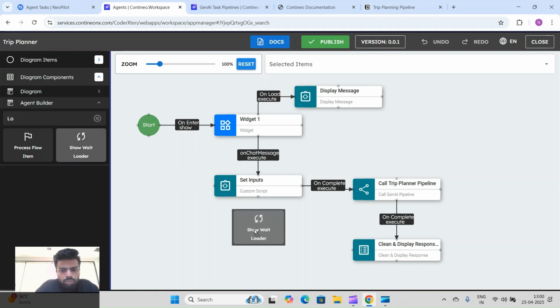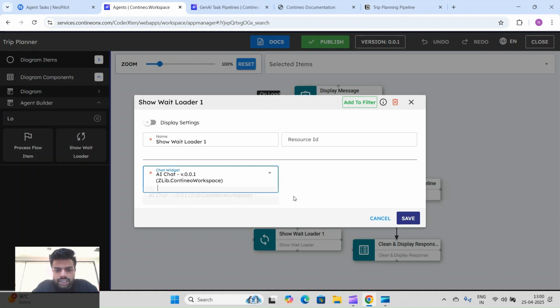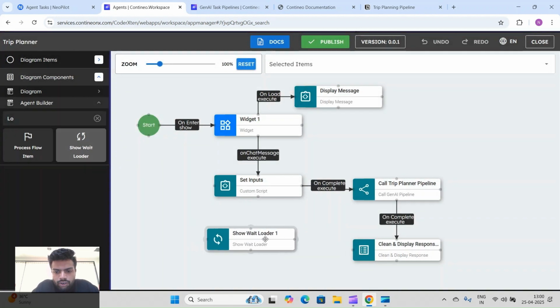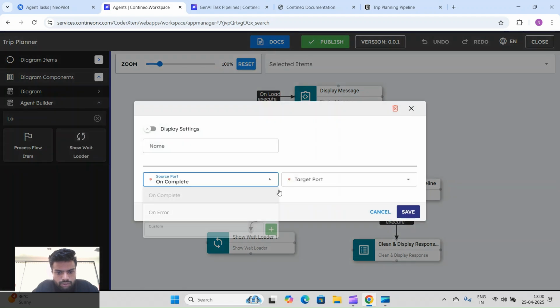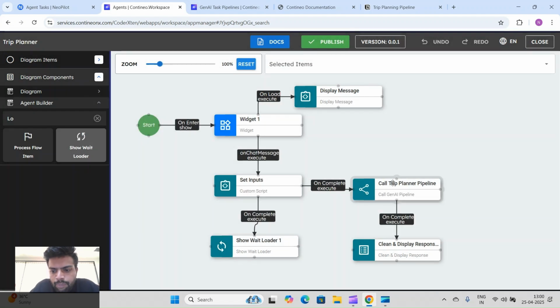We also have a component for that, the show loader. This component will also be shown on this AI chat widget, and we'll connect it on the set inputs block on complete. We always connect the loader with the set inputs block, so when the pipeline gets executed, this loader automatically gets replaced.